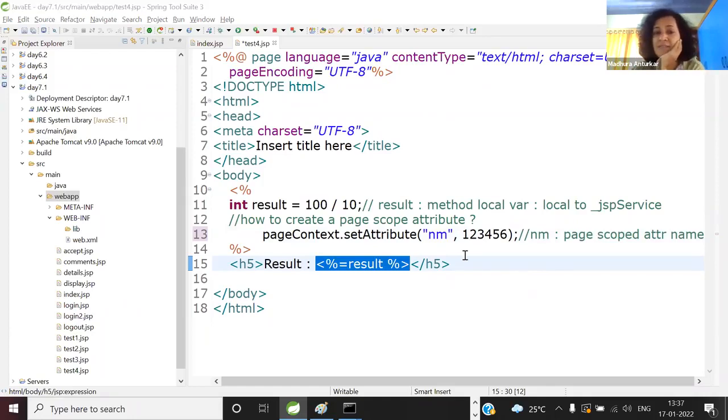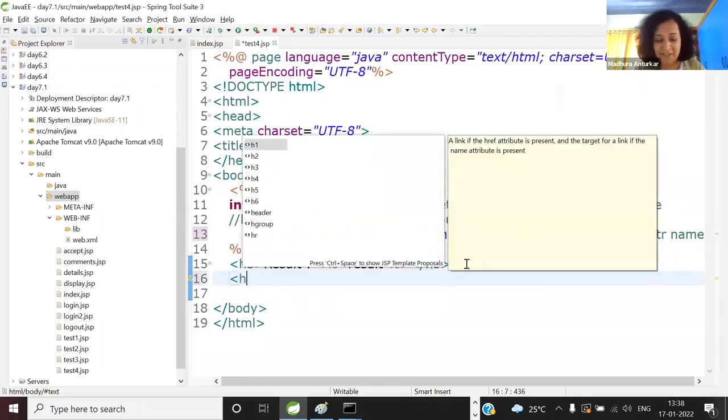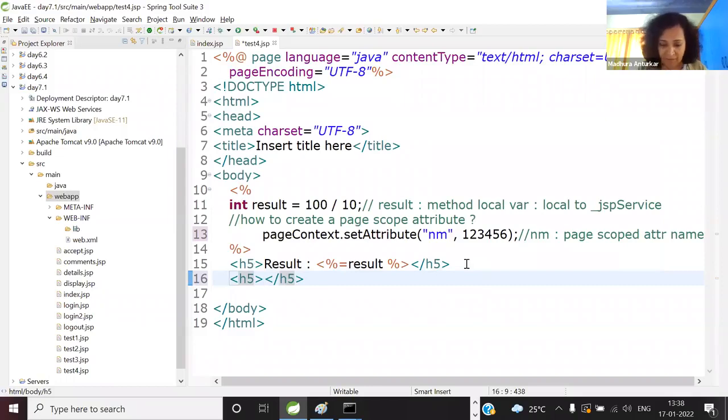Of course, EL syntax. Very right. So here, add another display, and here I'm saying page scope attribute via. Once again, you can write a scriptlet and say out.print page context dot get attribute, or percent equal to page context dot get attribute. Shortcut is EL for accessing attributes. So dollar, and here, if I say only NM,